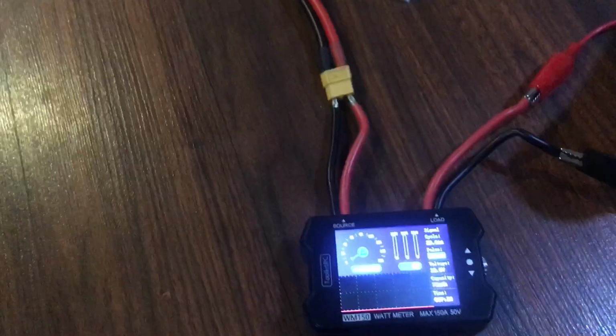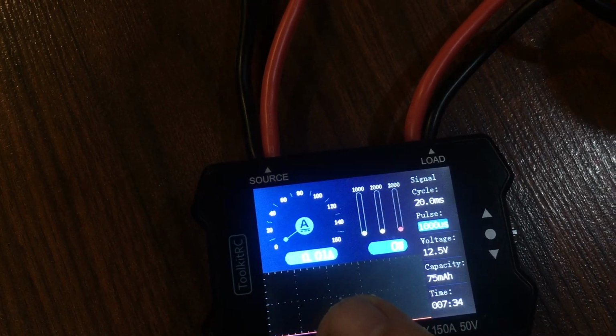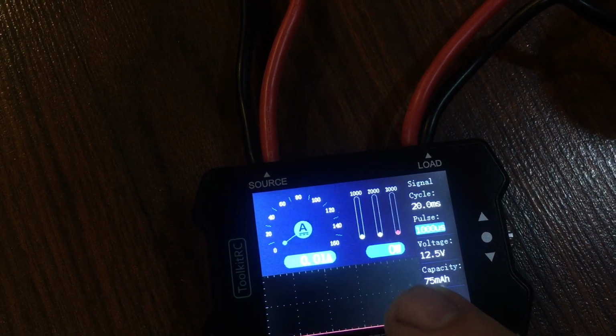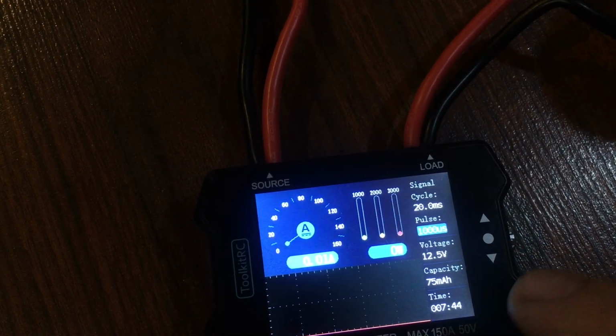So if we go over here, we can see our display, which is right there. Try to focus on it. And you have current amp draw, which is 0.01. It is connected to something, the power is not on. And then you have your watts here, you have your voltmeter here, which is your voltage, capacity, and time that